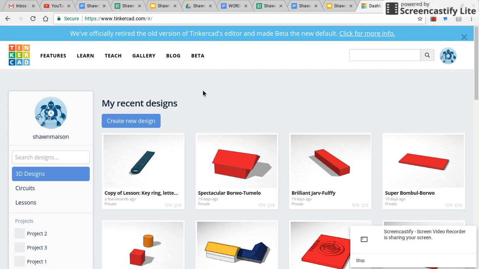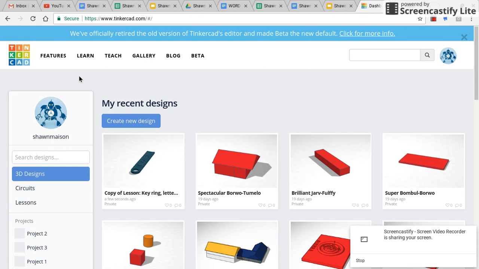Now that you know the basics of how to navigate and use the creation of a new 3D design, manipulating your work plane, resizing your grid plane, grouping and regrouping objects that you drag in, deleting them, combining them, creating new shapes from multiple images. Now I want to show you where to find further tutorials